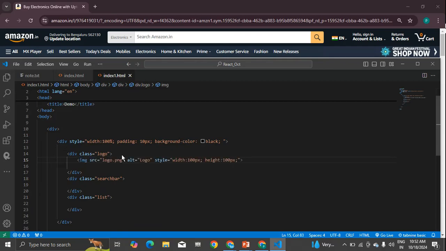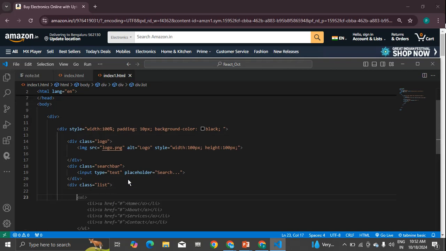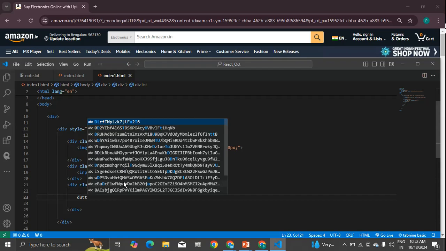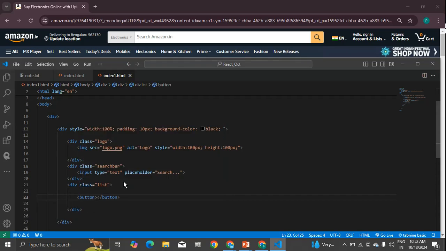So I'll just take one image, random logo, and over here I'll just give some input of the search bar, and here I'll be giving some content. So here I would like to take like over there only how it is, that is, I'll take button. So button tag, you have not been introduced to the button tag, I think so. So just buttons,